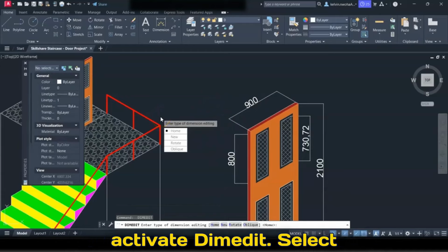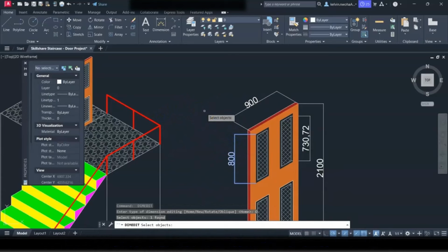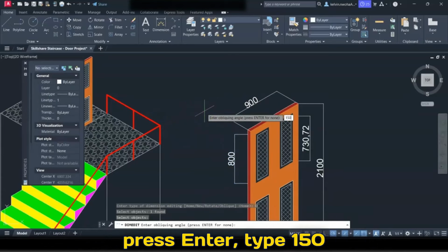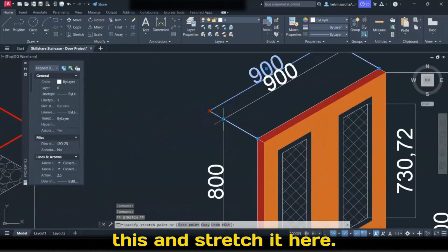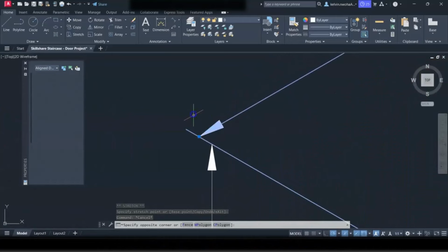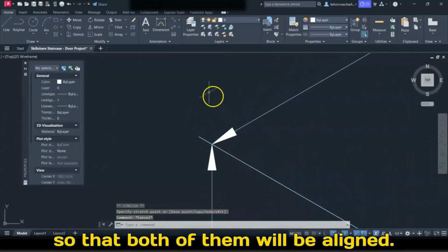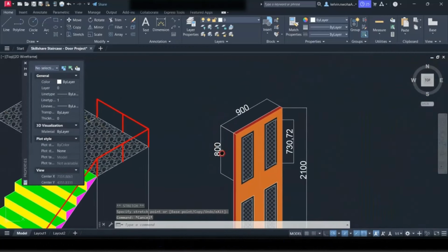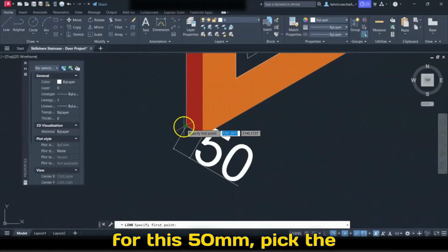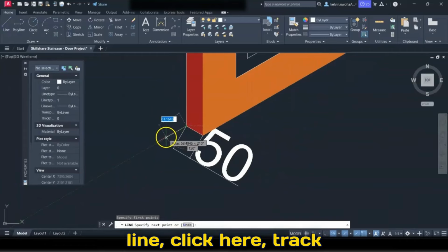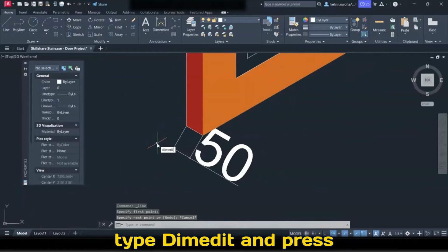Press enter again to activate dim edit. Select oblique. Click this 800. Press enter. Type 150 and press enter. We're going to click this and stretch it here. Let's do this so that both of them will be aligned. We have this. Next, for this 50, pick the line, click here, track 210, press escape, type dim edit and